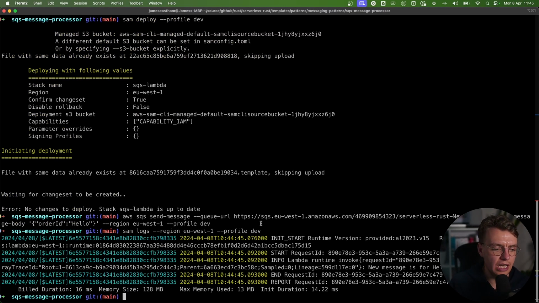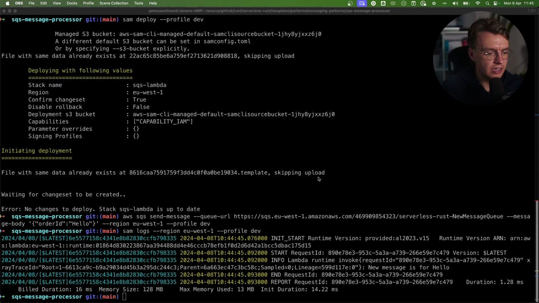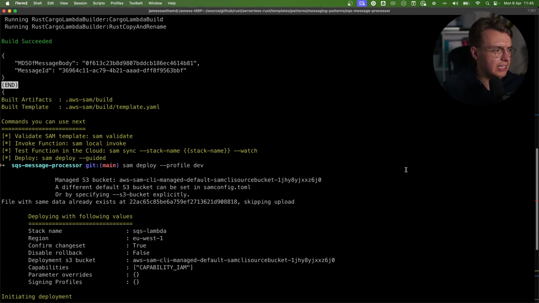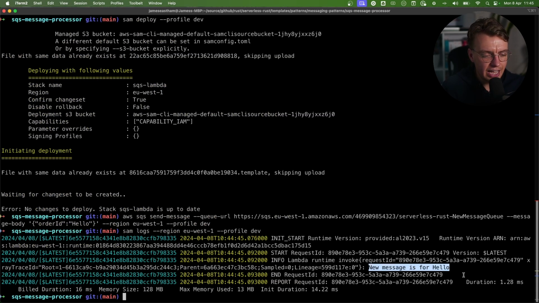And if you look at the numbers here, just to double down on the performance of SQS and Lambda and Rust, if I slide up to the top, you see these numbers here. This is a new message that has come in. The message is hello. And if you look back at the message I sent to SQS, the contents were just the word hello. That completed in 14 milliseconds for the initialization phase, and then it took 1 millisecond